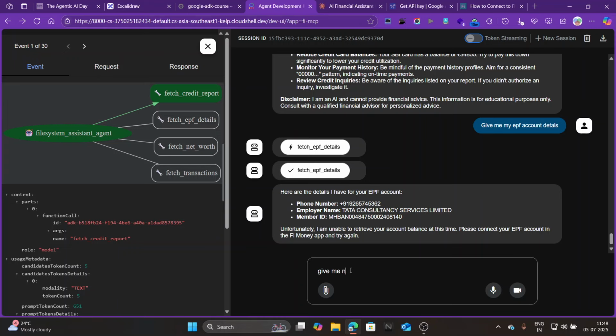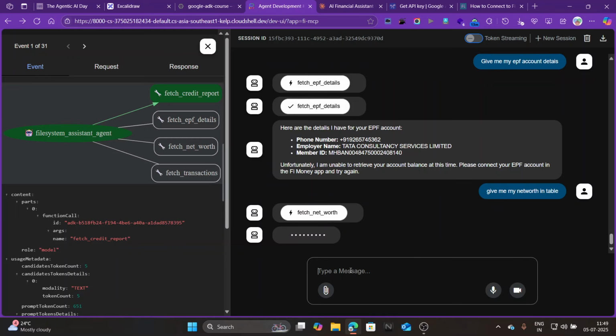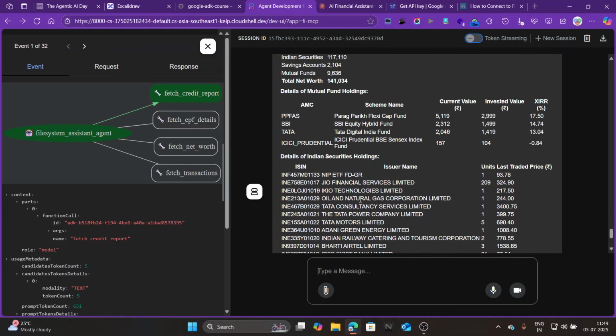Give me my net worth again. Net worth in table. Okay, they will fetch my recent transactions also.